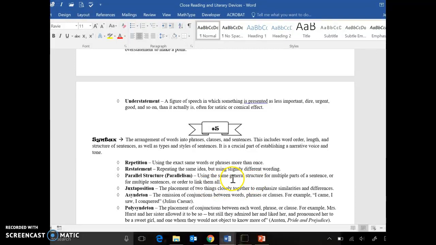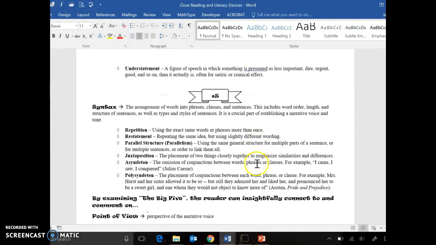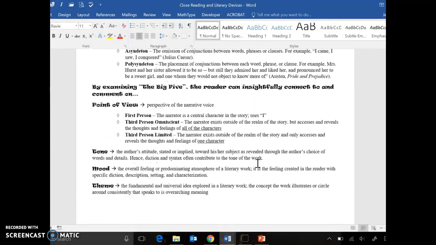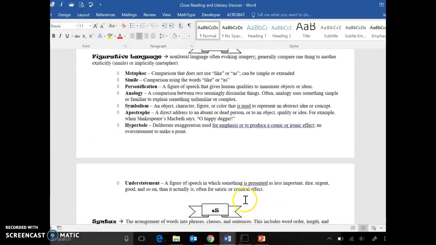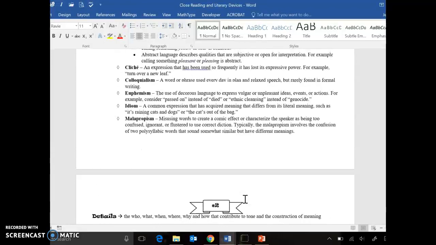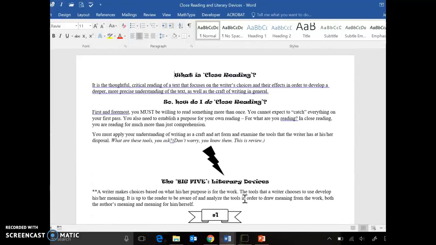And then syntax. This is about structure, and talking about point of view, tone, mood, theme, whatever. So this is your resource. This is your go-to when you're using these devices. Because one of the things that I noticed in your paragraphs that you wrote as a group